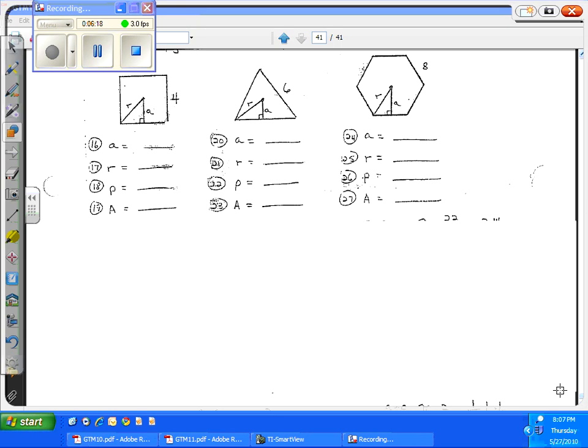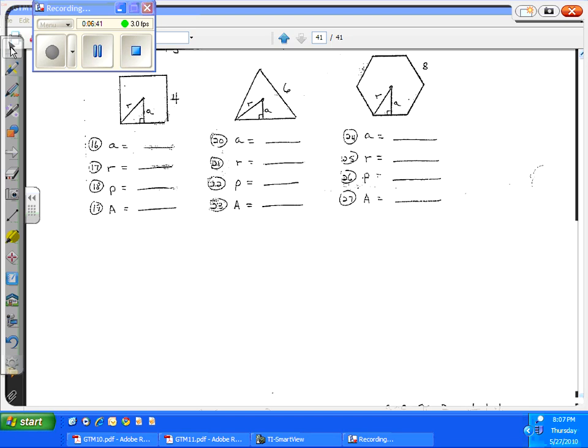Now, on most standardized testing, there are some formulas given. Usually the formulas for area of a square and perimeter of a square are not given. Other formulas may be given to you, depending on the level of the standardized testing. Okay, so